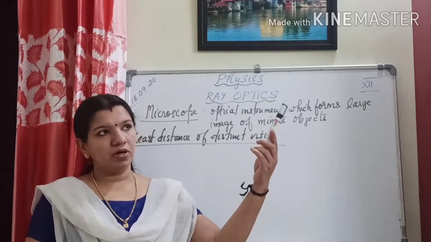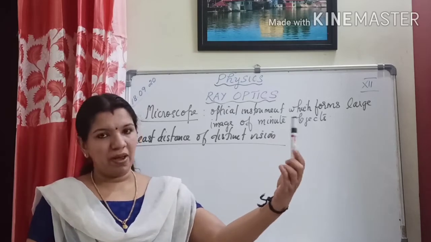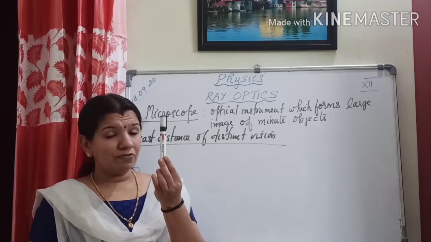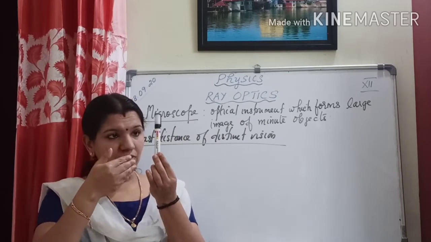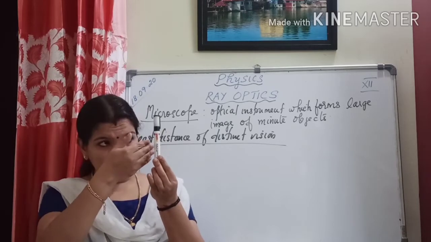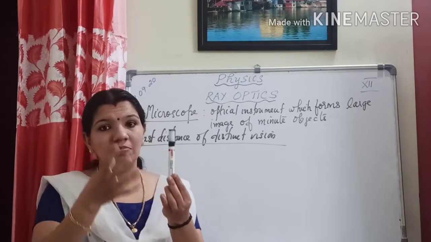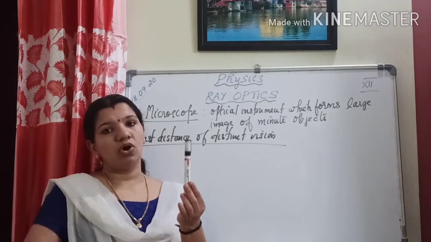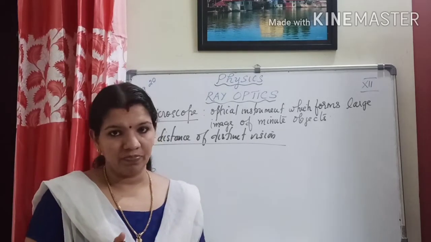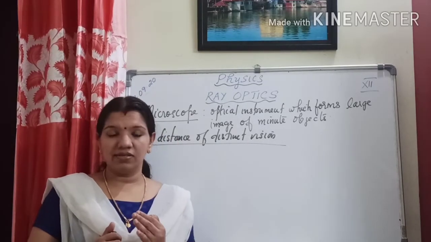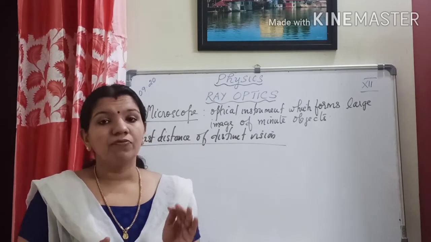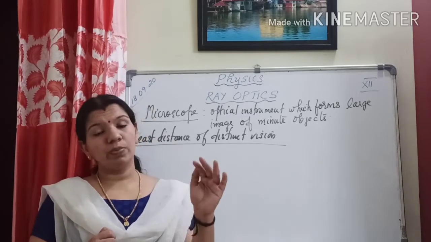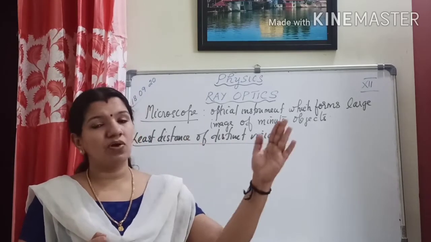Okay. For example, if you are placing this pen at a long distance, and you are moving closer and closer, and finally after reaching a particular point from here, it is very clear. After reaching, again if you are moving towards the eye, it will get blurred. The image cannot be viewed clearly. So there is a minimum distance between the human eye and the object where you can view it very clearly. That is called the least distance of distinct vision, or it is known as the near point. For a normal human eye, what is the value? It is 25 centimeter. And again for a normal human eye, the far point is always infinity.